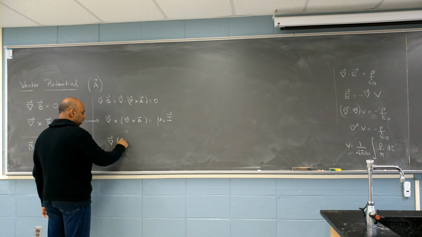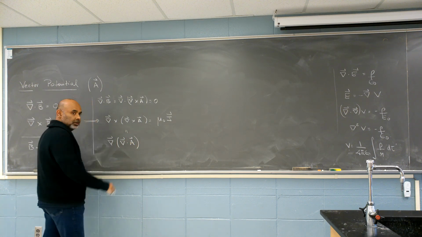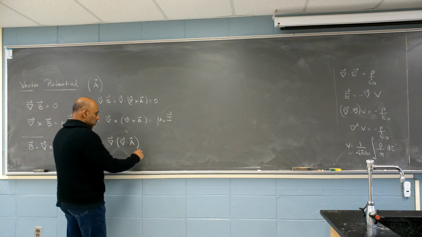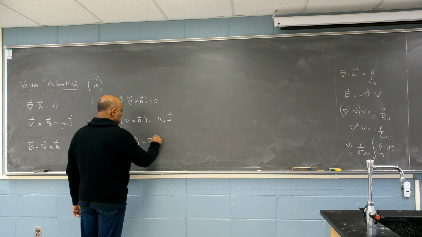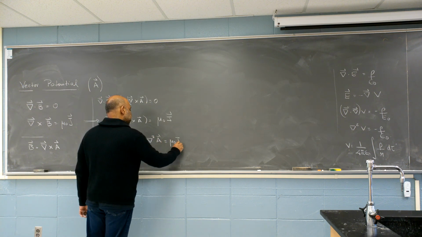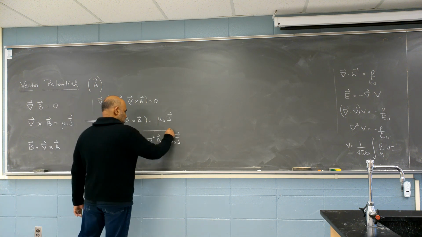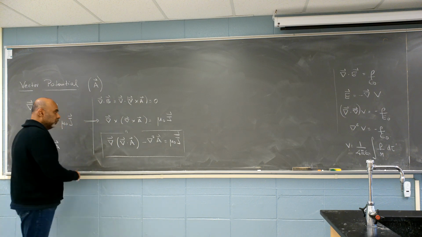I just looked at it this morning, otherwise I certainly wouldn't remember. It's the gradient of the divergence of A minus del squared A. So this is the equation that you have to solve,